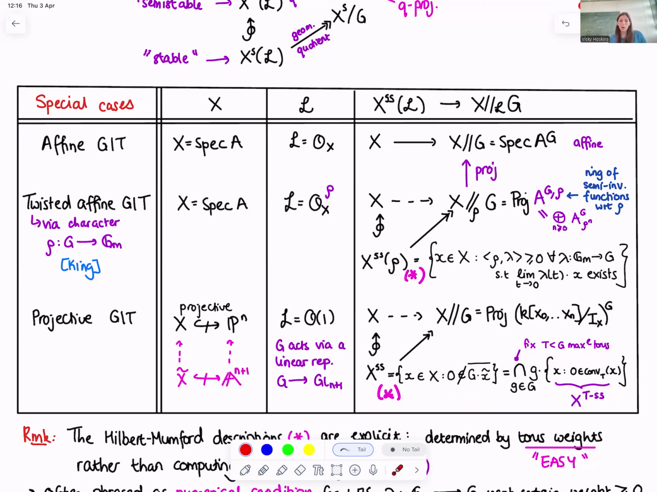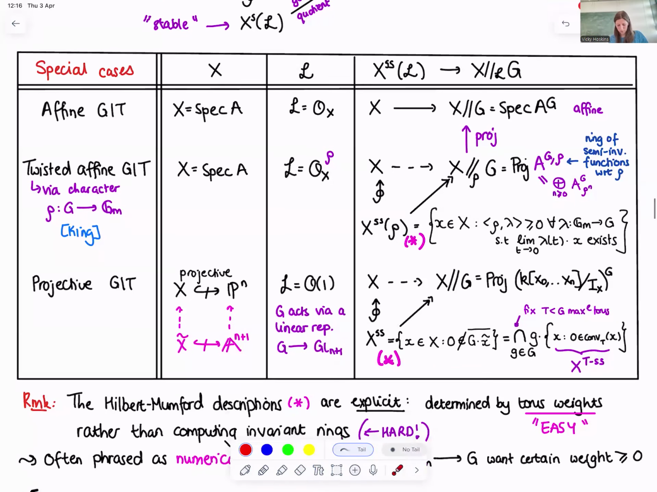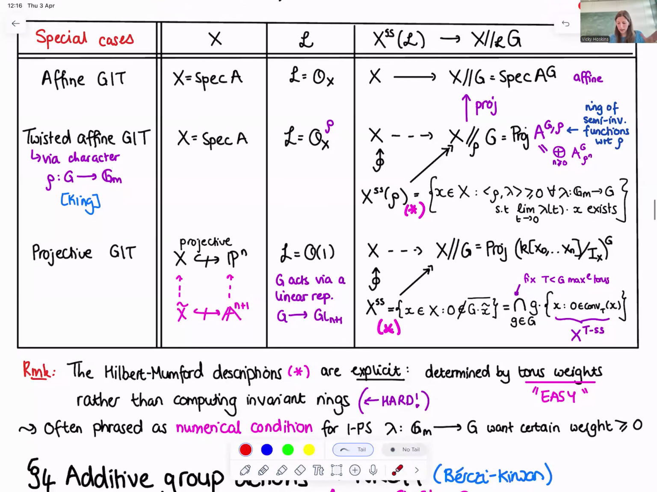And the semi-stable locus for the maximal torus is really just determined by the torus weights, because all you have to do is ask whether the origin is contained in the convex hull of the torus weights of X. Okay, so yeah, these Hilbert-Mumford descriptions are really explicit. So they're determined by torus weights, which in general are much easier to understand rather than computing rings of invariants,